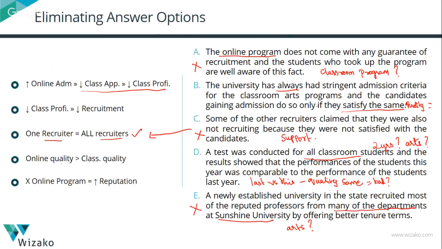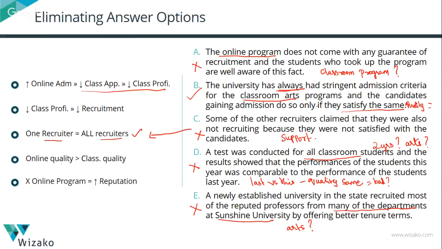Right, so D is not as clear as B, since B specifically talks about classroom arts programs. It says they've always had stringent criteria. So no matter when the online program was introduced, B establishes that the offline quality hasn't necessarily come down, whereas D doesn't necessarily do that. If the argument had clearly stated that it was in the last year that the online program was introduced, then perhaps D would make better sense than it does right now. But even then, B is very clear in what it is saying,